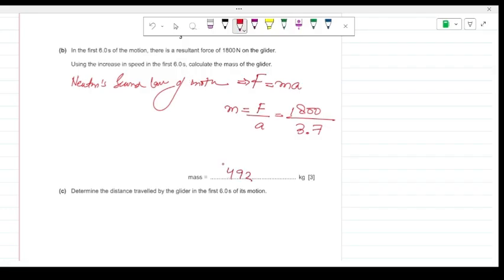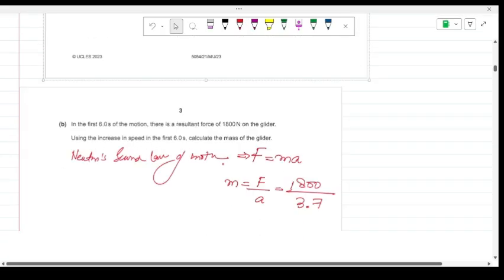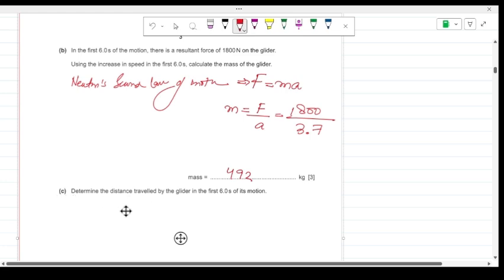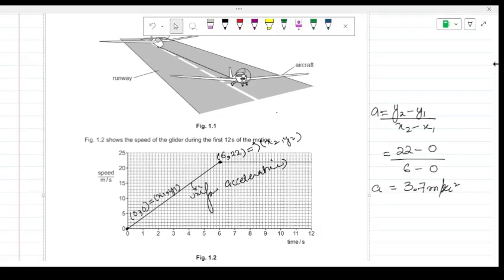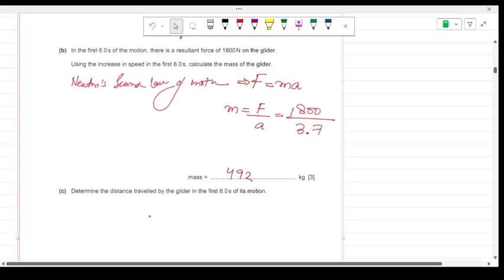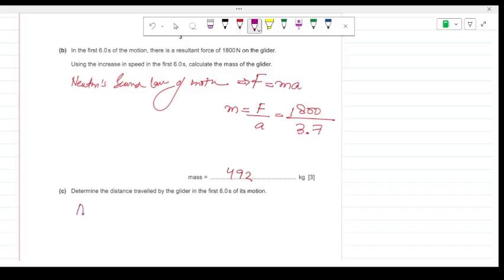Moving on, determine the distance traveled by the glider in the first 6 seconds of its motion. You can calculate the distance simply with the area of the graph. You can calculate by finding the area of the shaded region. When you calculate the area of that shaded region, you get the distance from 0 to 6 seconds. So by taking the area of the triangle shape,